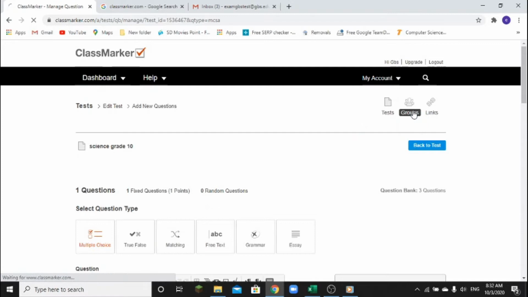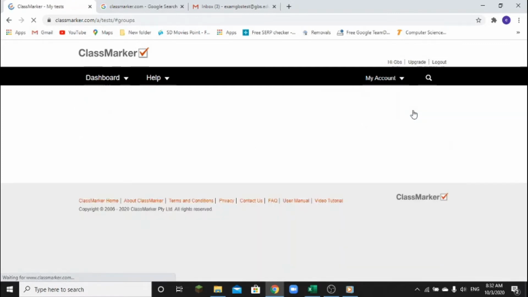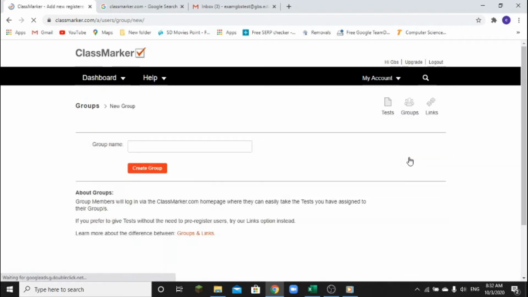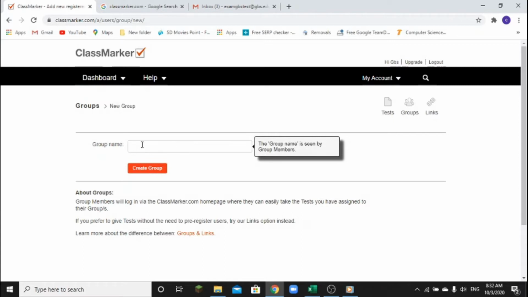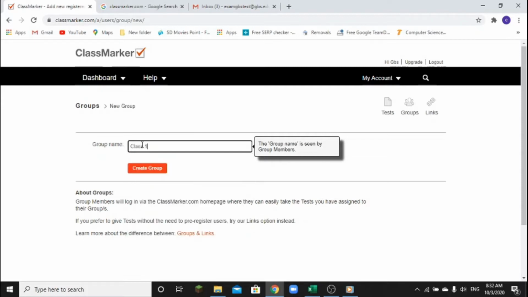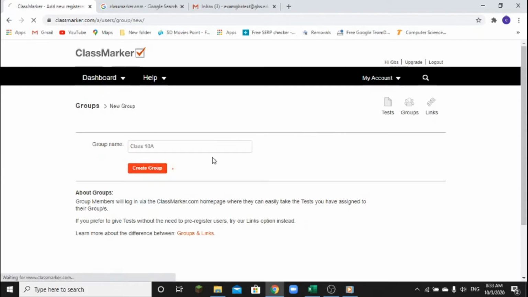Click on groups and then you get the next page where the same type of options are available, and here it says new group. You just click on new group. While creating the group, you will get a text box and you can type the name of the group. Suppose my first group is class 10A, and here I have to store the class 10A students only. So this is my first group,